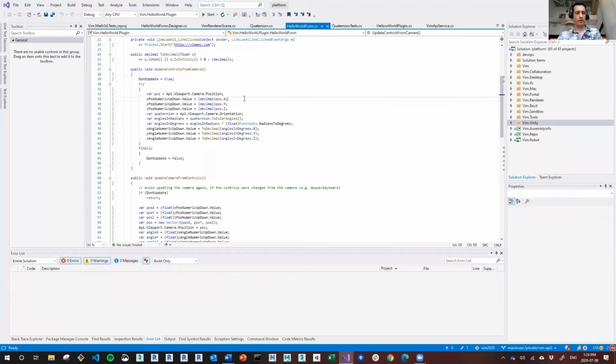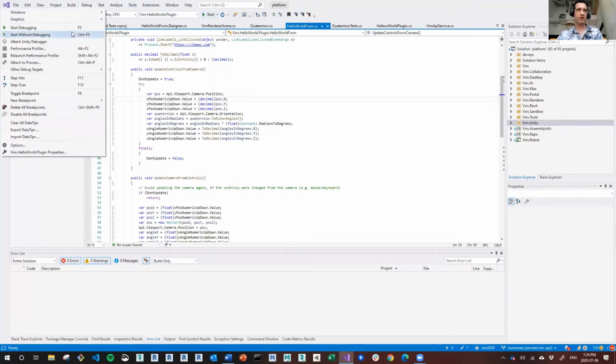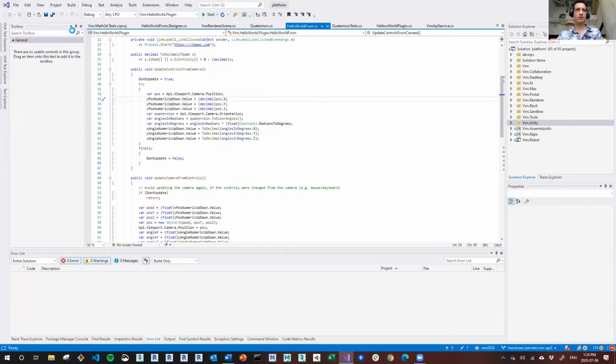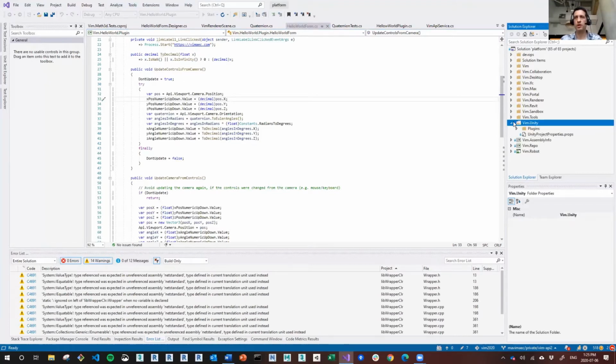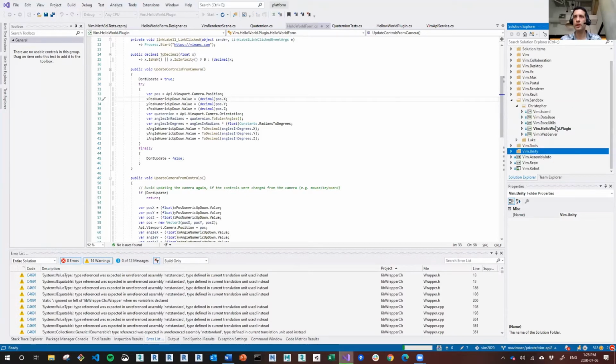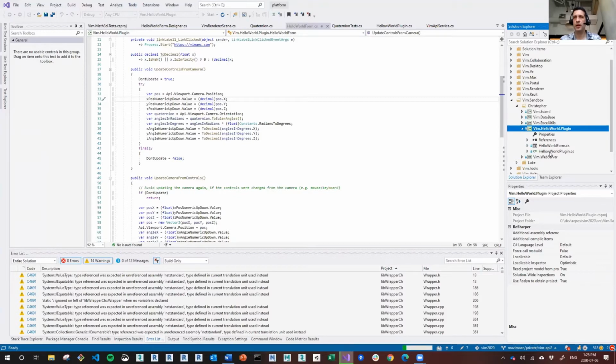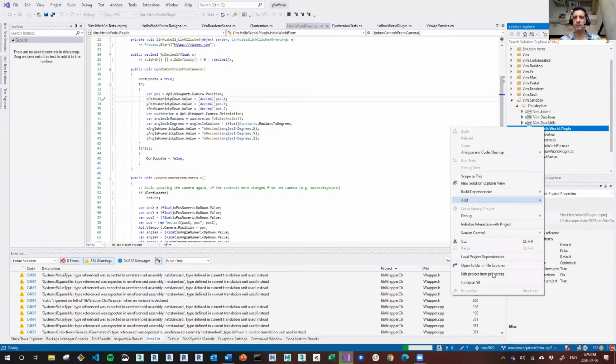All right, so let's run the program. I'm pressing F5, which is the equivalent of pressing the start button, which is equivalent to pressing start debugging here. So let's go start debugging, F5. And how does it know what to debug? Well, it starts at the project called HelloWorld.Plugin. Now, let me show you HelloWorld.Plugin while it's loading. It's a plugin I wrote for the Vim desktop application. And if we go into its properties,